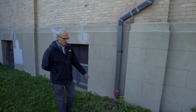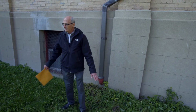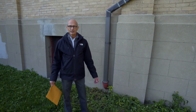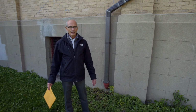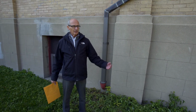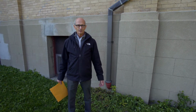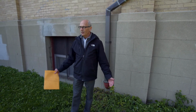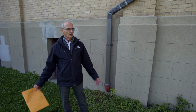We have some grading issues along the cathedral here around the foundation that will help with water management, but it needs to be regraded. The parking lot itself has very little drainage slope to it. It's just a flat surface, so we do get ponding in there. If we do put a stormwater management system in, or a storm drain system connected to the municipal drain in the street, we'd have to do some stormwater management just to retain some of that water on site. So that would mean reshaping the parking surface or creating areas in the landscape where we can pond some of